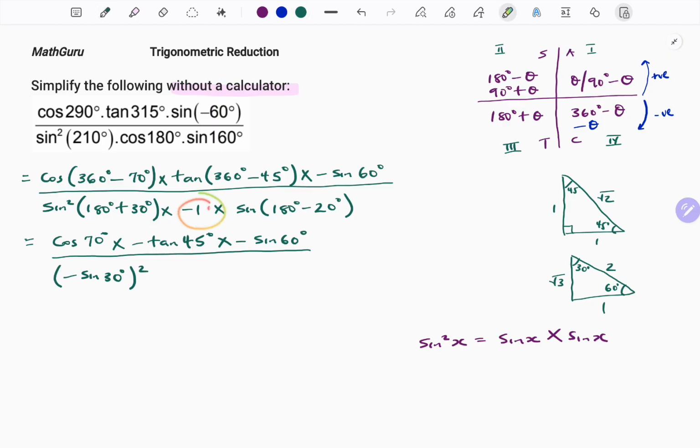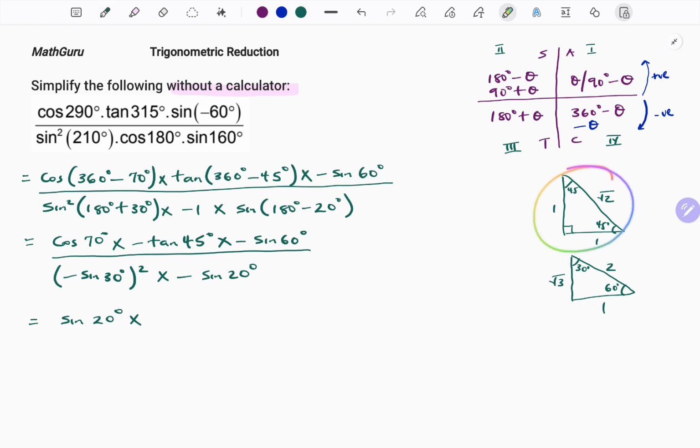Note your negative 1. 180 minus 20 is in the second quadrant. Sine is positive, so multiplied by the negative 1, that's times negative sine 20 degrees. We go further to simplify using our cofunction. Because that is an acute angle that falls in the first quadrant, so the cofunction, that will be sine of 20 degrees